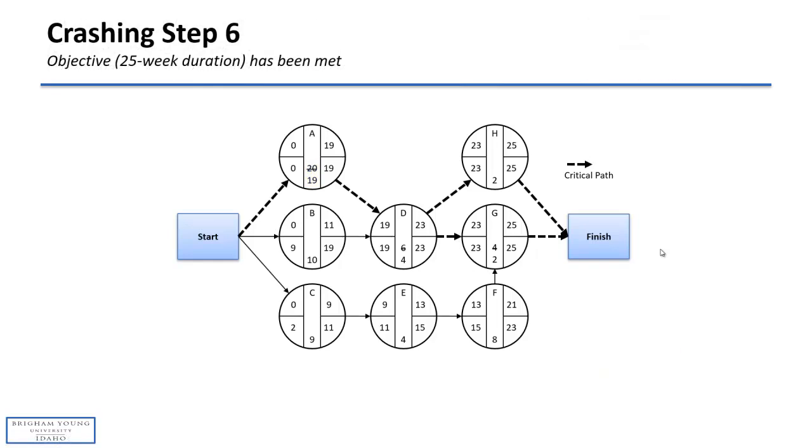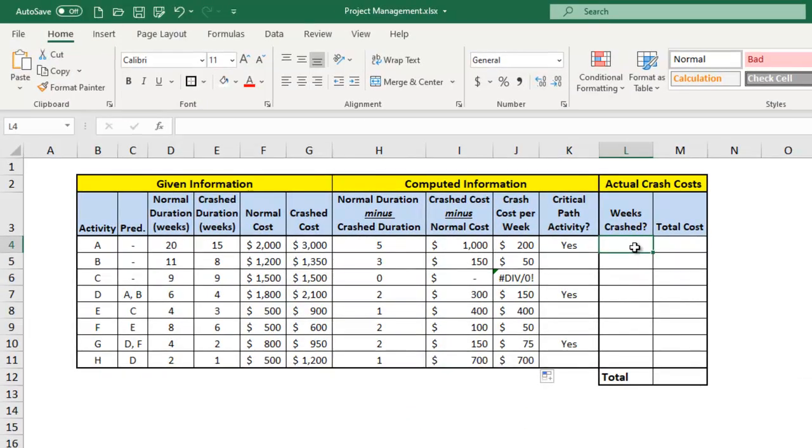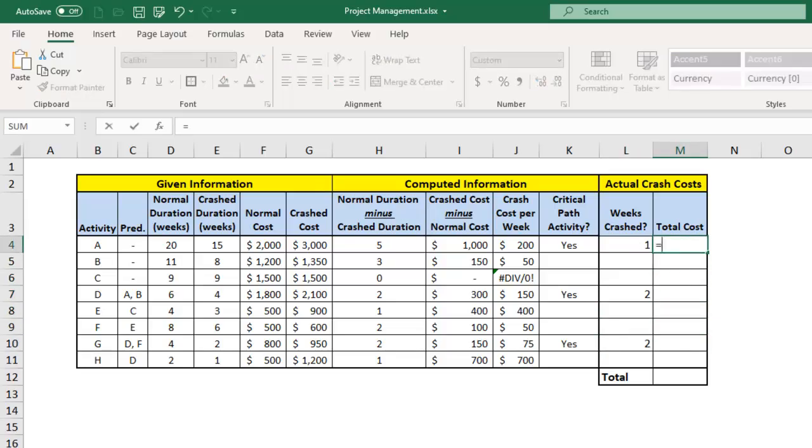All right, well, let's take a look at how much it would cost us to crash the project down to 25 weeks. We crashed activity A by 1 week. We crashed activity D by 2 weeks, and we crashed activity G by 2 weeks. And so to get the total cost, we simply take the weeks crashed and multiply that by the crash cost per week,